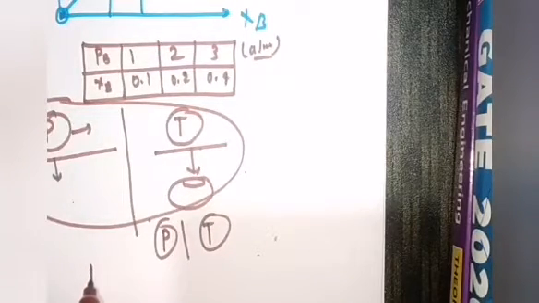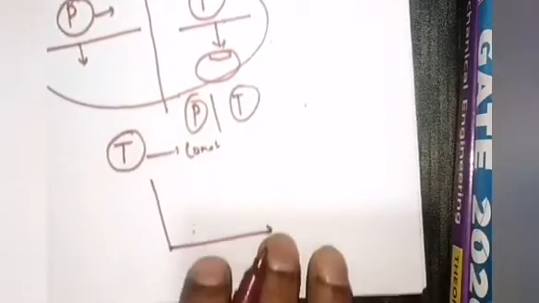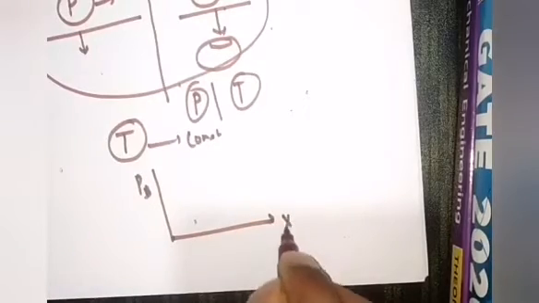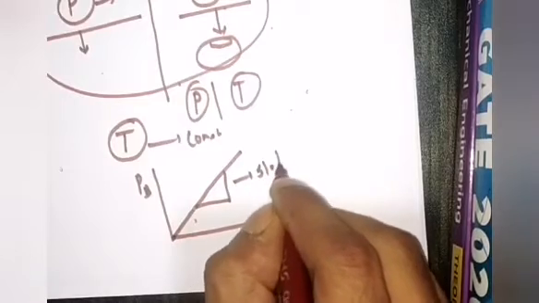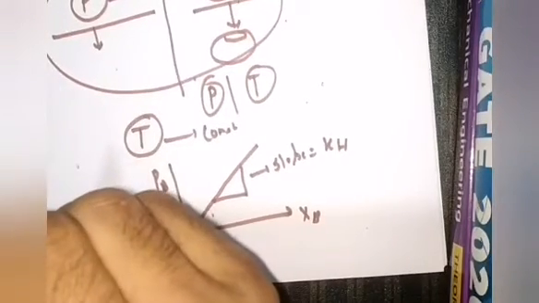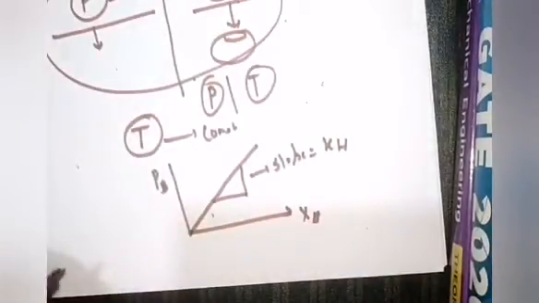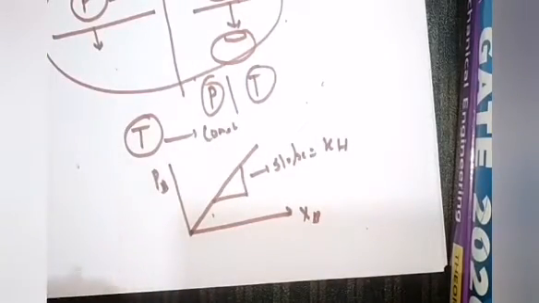Okay, so each and every time, making the temperature constant, we used to draw the graph of partial pressure versus XB, and the slope of this particular graph will give the value of KH. So that was Henry's law, and in the next lecture I will be discussing more things about Henry's law: the limitations of Henry's law, where we can use Henry's law, where we can't use it, and I will solve some numerical problems based on Henry's law.